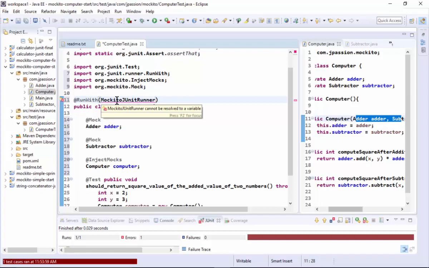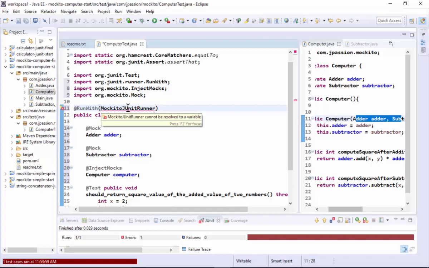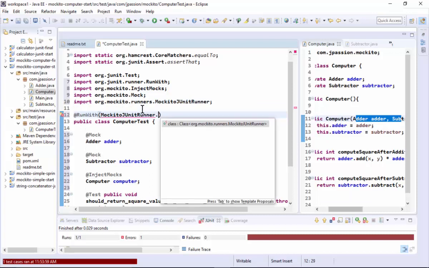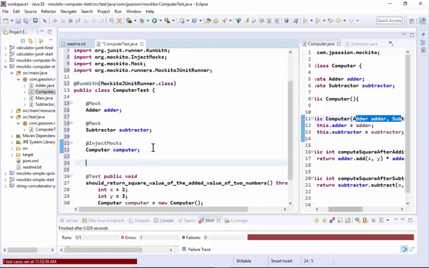MockitoJUnitRunner cannot be resolved to a variable. I don't know why. It should be. Oh, I have to use a class. Sorry, yeah. MockitoJUnitRunner class object. Okay, yeah. So either this, or you are going to use